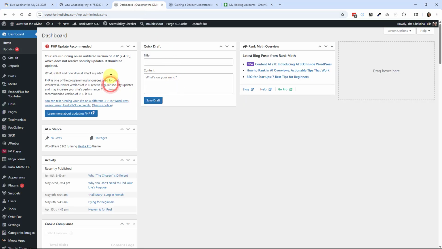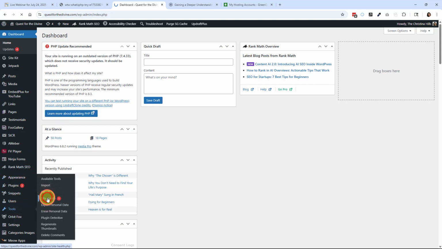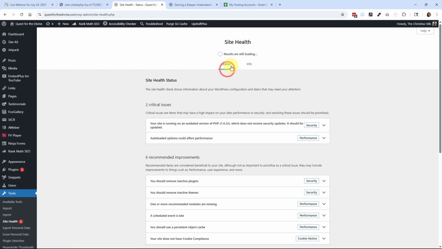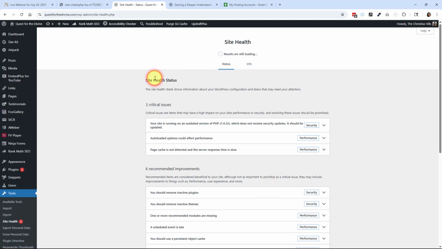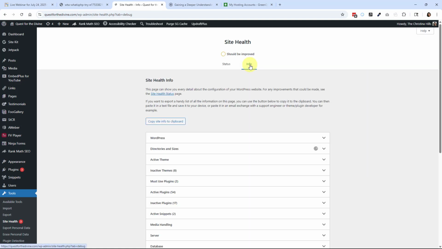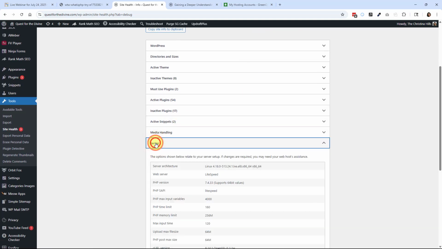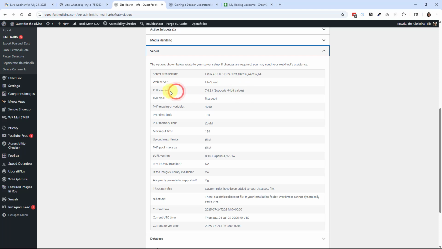Now, the other place you can look, if you don't see an error, is you want to go to Tools, Site Health. And when you get to Tools, Site Health, there's a status and an info. And I'm not going to go over the status right now. I want to stay focused on finding out the version of PHP that I'm using. So Tools, Site Health, click on Info and scroll down to Server. This will tell you what version,